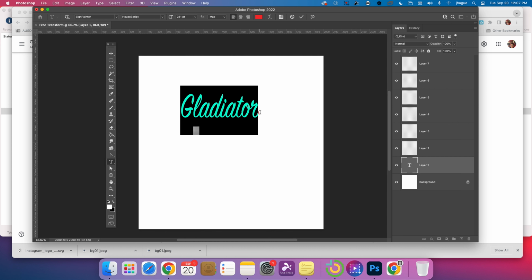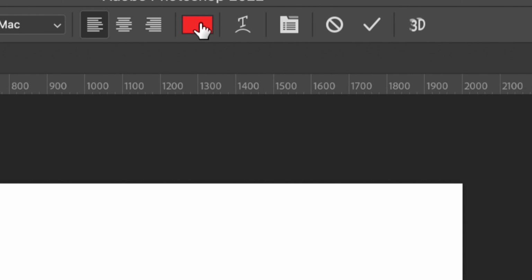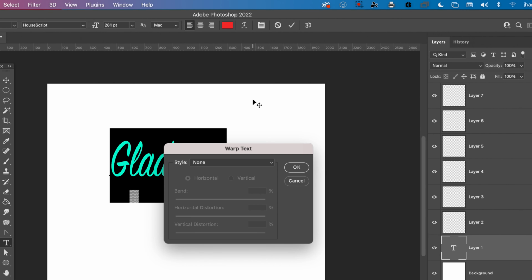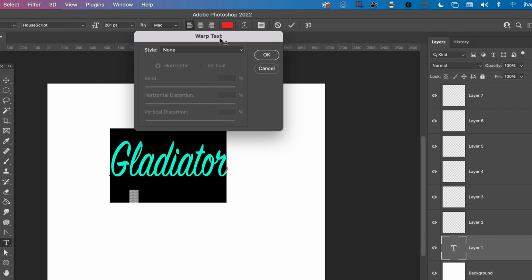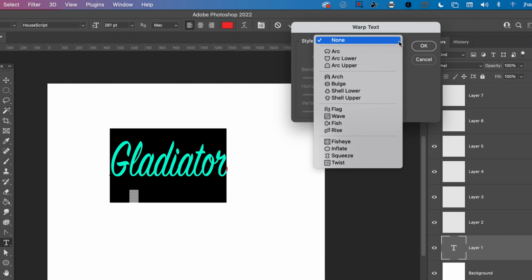Okay, so everybody with their word. You've got the type tool selected, you've got layer 1 selected. Now you should see this symbol right next to the color icon. There's a symbol right here that says create warp text. So if I click here, I get a little dialog box. And if I click on the drop-down menu,